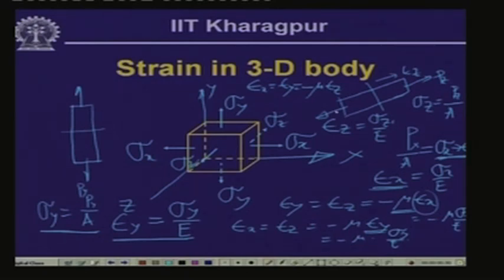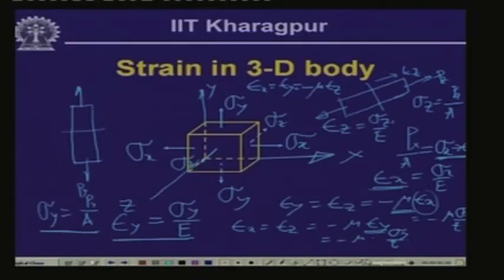Hence, if we combine all three cases together, if we superpose them, since we are considering the body within the elastic limit, the superposition is valid, and we can combine them together with the individual results. If we join them together, we will get the same effect when all three are acting simultaneously. So, in that particular case, when all three are acting,